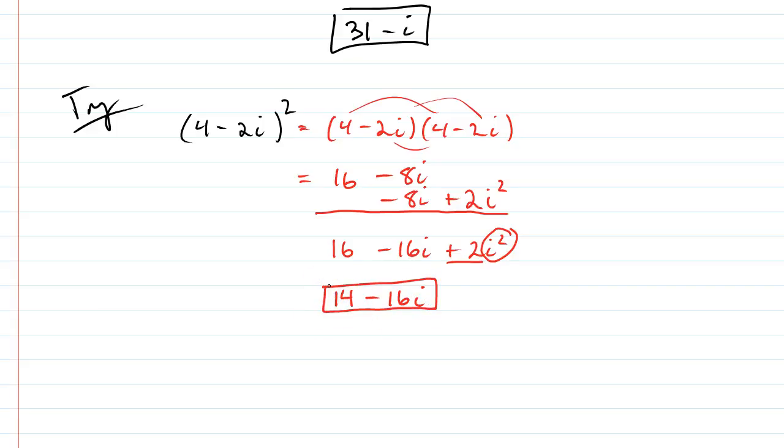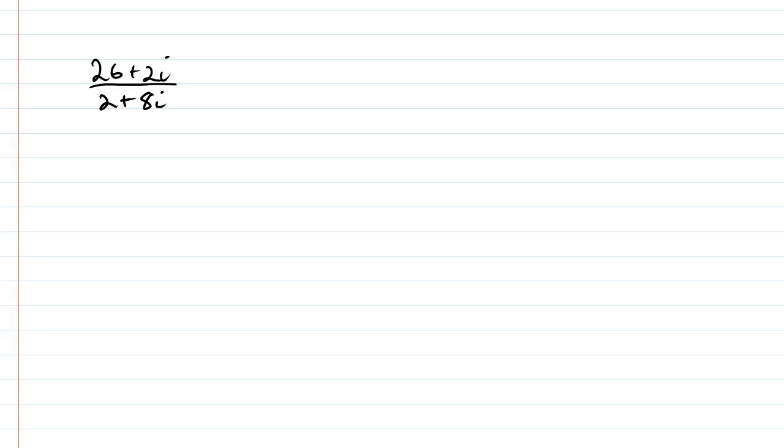Okay, so that was multiplication. What if we had to do division? All right, here we are. There is a division problem, and basically you're not going to divide the way you normally divide other things. You're going to be doing the conjugate. Just like when you had to rationalize, what you're going to do is actually multiply